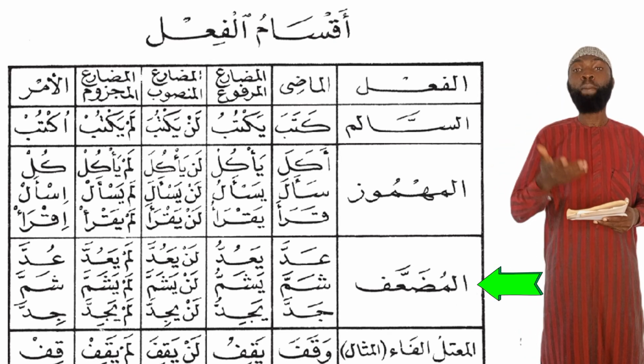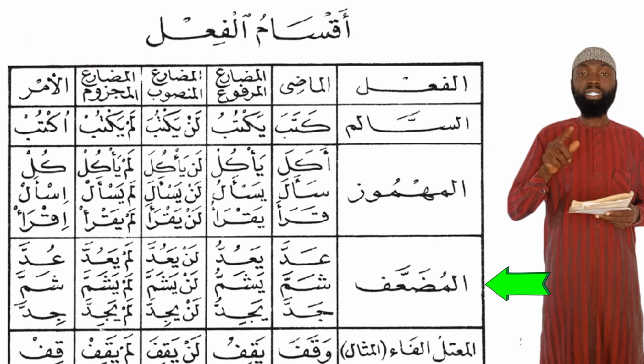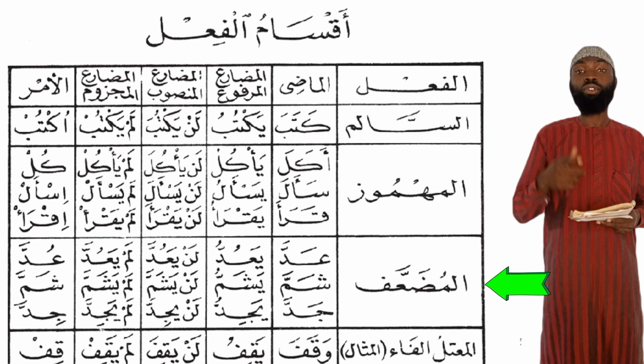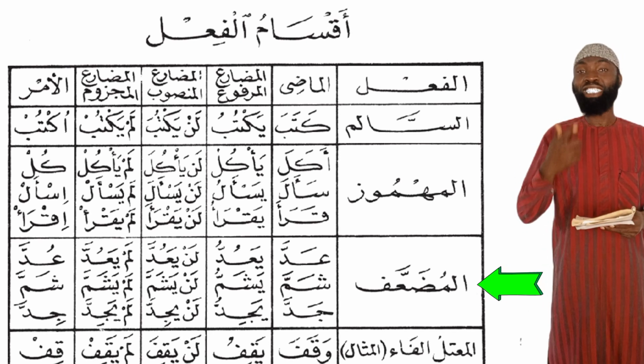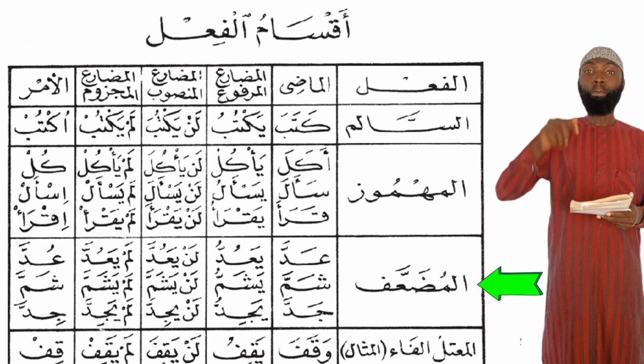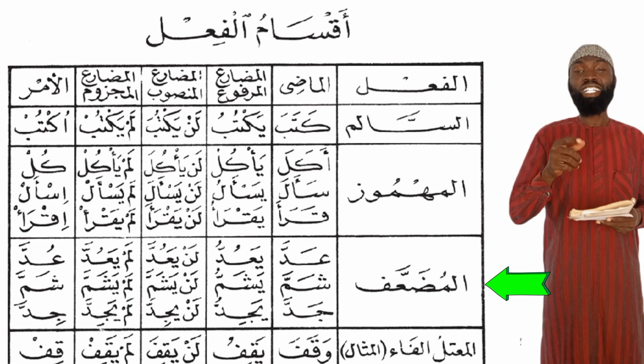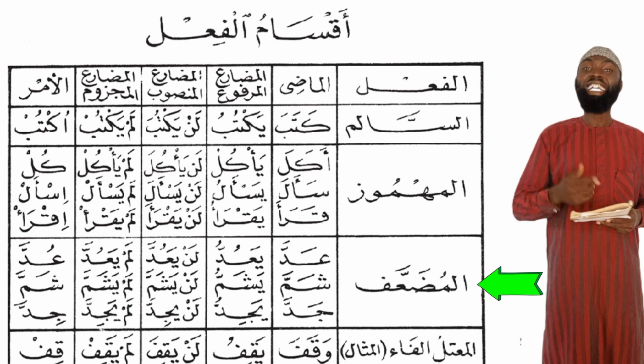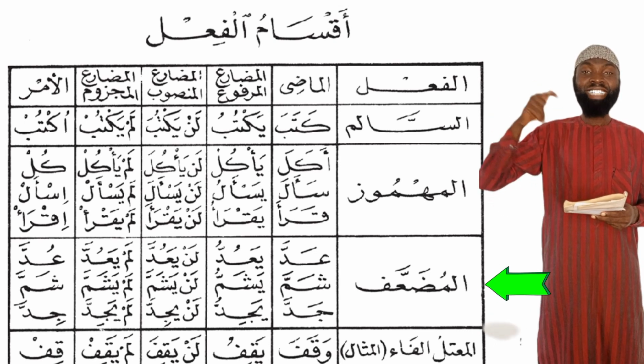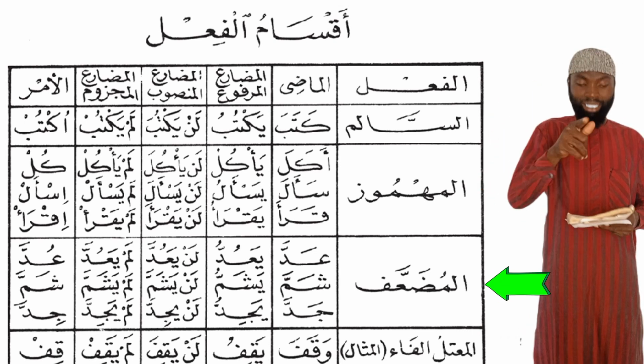The second category is shamma. Here, the present tense, the middle letter will be carrying fatha. So that's why we have yashammu, lan yashamma, lam yashamma. Then we have shamma, command tense. Jadda, this one present tense will be carrying kisra in the middle. Yajiddu, lan yajidda, lam yajidda, then jidda.